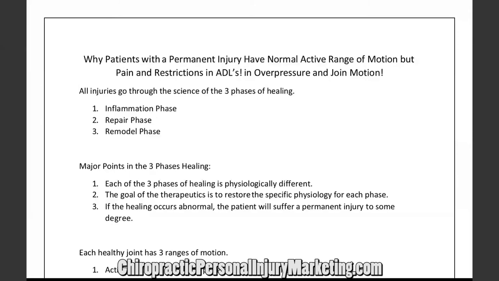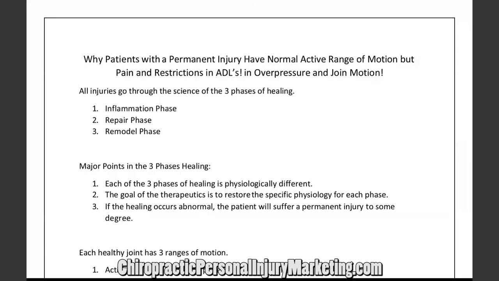Remember, what are some of the major topics outside of what I just covered in the narrative report? Number one, the three phases of healing, and all care is based on it. That's essentially what sets up your being able to explain why the patient has pain or discomfort or restricted activities of daily living that are permanent. That is unbelievably important. What else is really important? Being able to explain MMI, unbelievably important, relative to the three phases of healing. How to give the impairment rating is really important. That's based on the MMI and the three phases of healing.